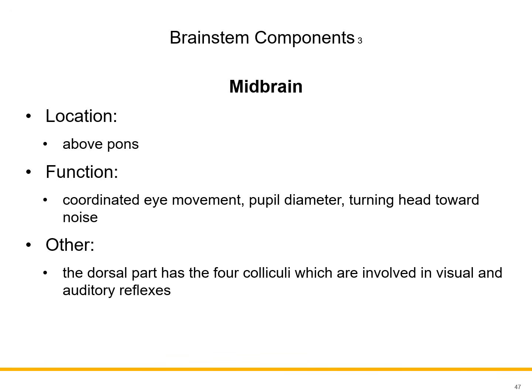The midbrain is right above the pons, and it works to coordinate our eye movement. It also helps with adjusting our pupil diameter. So for example, kung masyadong maliwanag, the iris of the pupils will close or become narrow so that less light would come in. Kung madilim naman po, the iris of the pupils will open wider in an attempt to let